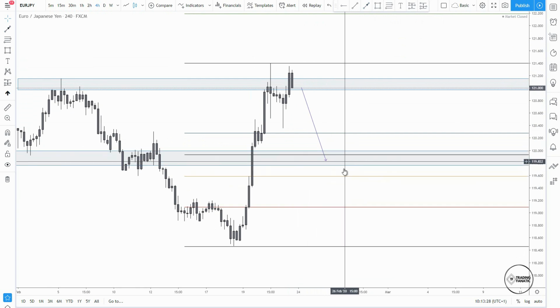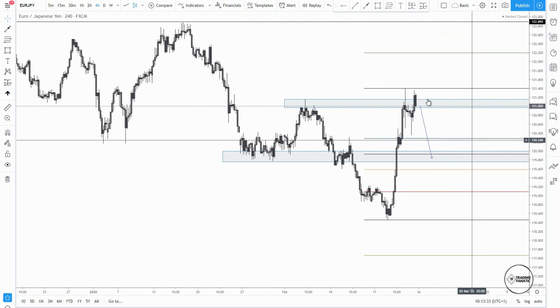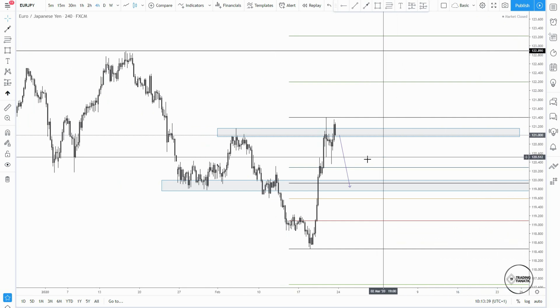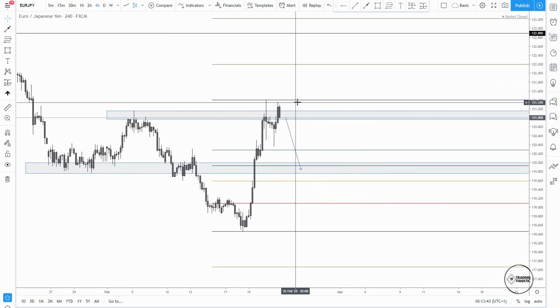To tell me that there is bias, rejection, some bullish pressure maybe, and then I will start looking for my higher lows and higher highs. Long-term targets, as I told you, 123. So let's see if this plays out. Even the 4 hourly looks pretty good for an inverse head and shoulders. If we have a pullback right here and rejection, I will be going long for sure